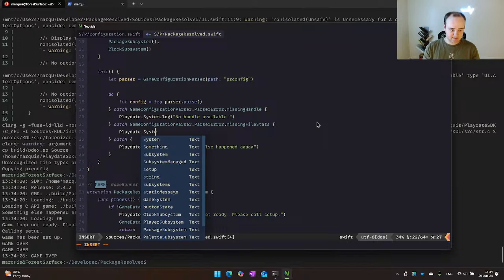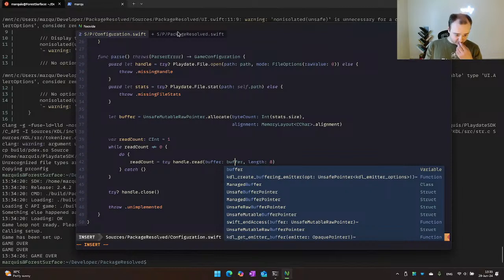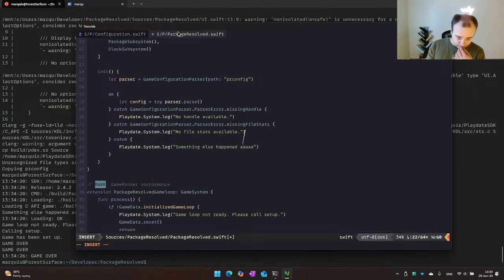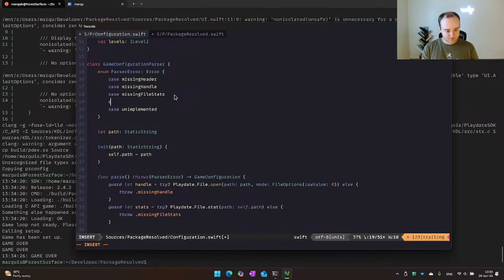Playdate system log no file stats available. Yeah, that's the only thing that we're doing there. I think I know what we'll do for that catch case though.